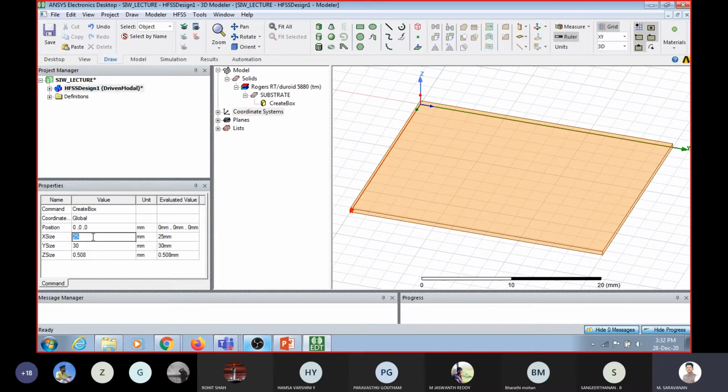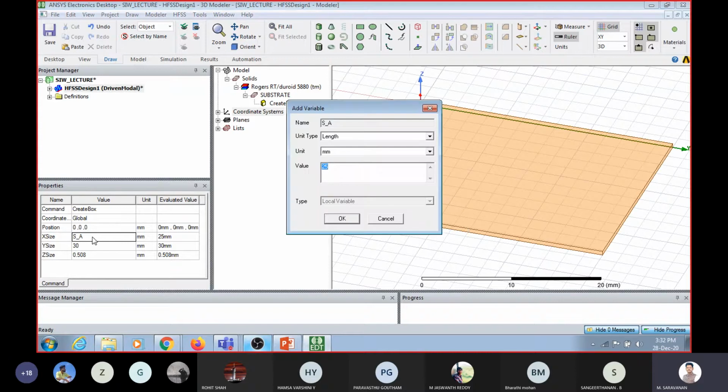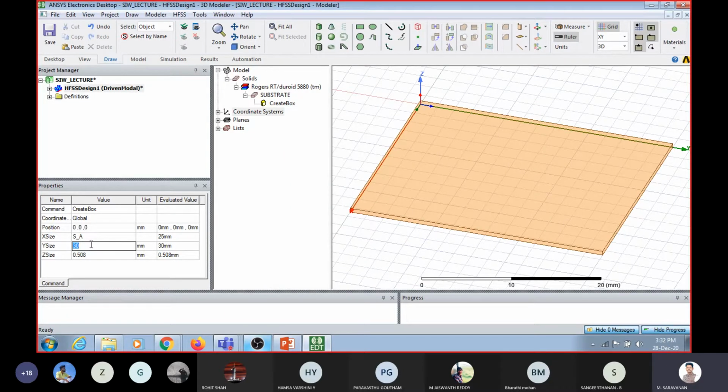Or I can save this in a variable. Instead of like that, I can save it as substrate underscore A. Okay, so it is asking where I have to save the 25 mm value, in SA. You can choose this SA, because next time you can give this variable instead of 25 mm. Similarly, I can check this as a length. This 30 mm is the length of the substrate. So I can choose a letter L for it. And this is the thickness. Thickness is SB. Okay, you can choose any name according to your requirement.